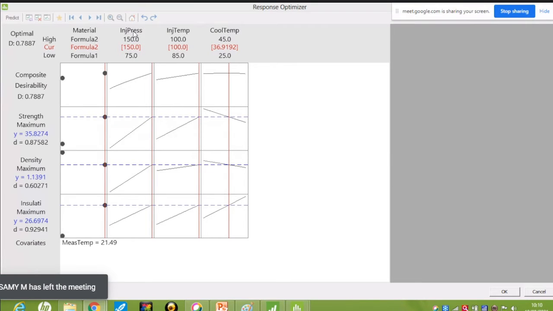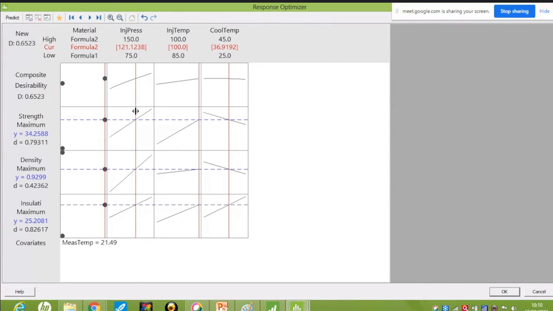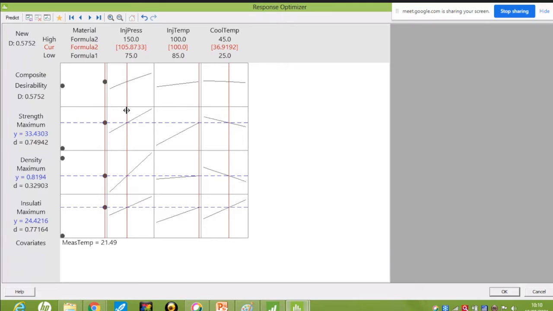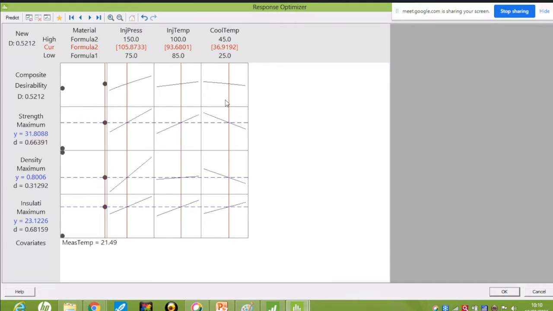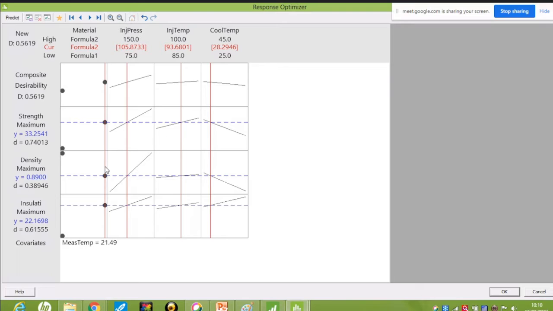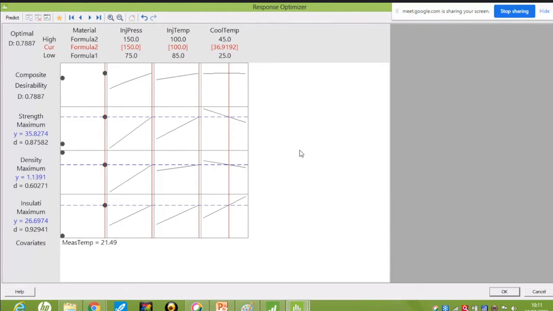Okay. So material formula 2, injection pressure 150, injection temperature 100, and cool temperature is 36.9. So this is the optimum we can achieve, and if we change the settings, then this will change. So desirability will change. And here we have a star button. If you press this star button, it will take the optimum setting.